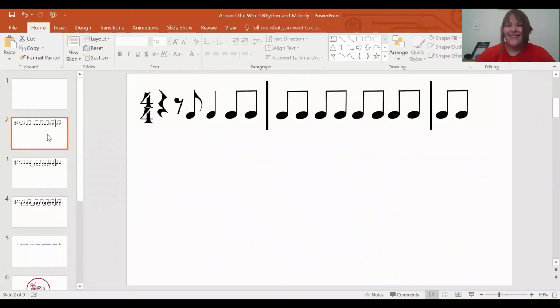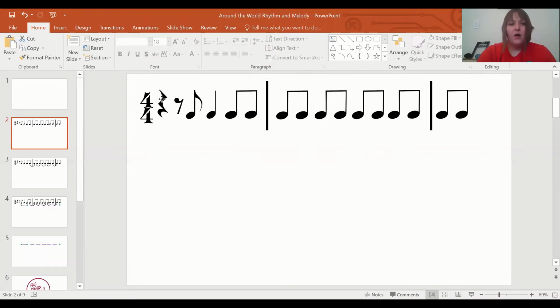Thinking back to kindergarten, I want you to think about when we used to do short and long sounds. Last time we talked about 4/4 meter, and here is an example of music in 4/4 meter, Around the World, the song we were just listening to. Some of these icons do not look familiar to you, and we're going to talk about them. But let's talk about the ones we do know. Here you see 4/4 meter. Say it, go.